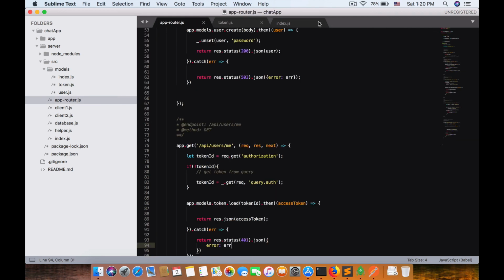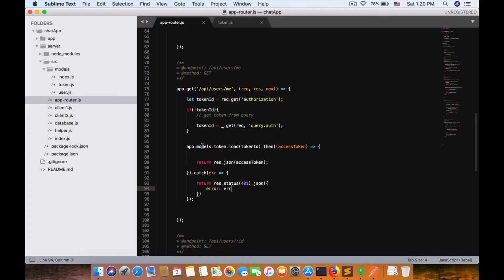in our app router, app.token, and so load user from token. So I think we need to use this inside user model. So load user by token ID. So in this case, app.model user load user by user token, and we call back either right. So I think we can keep this token app token dot load, and we got a set token,